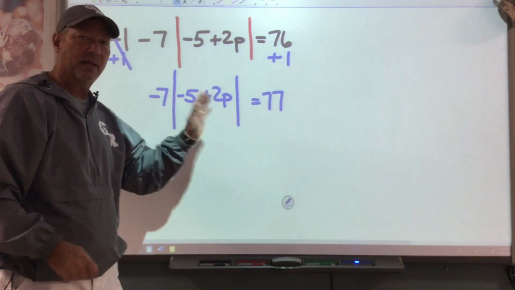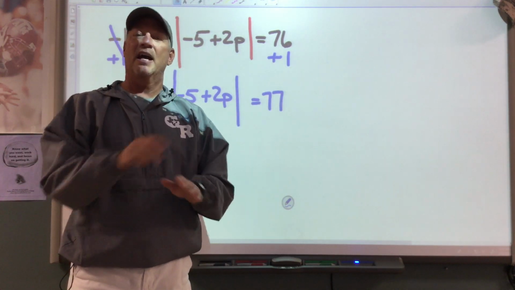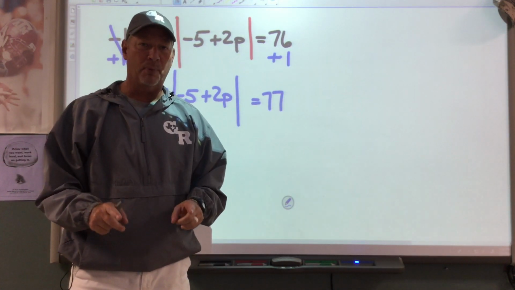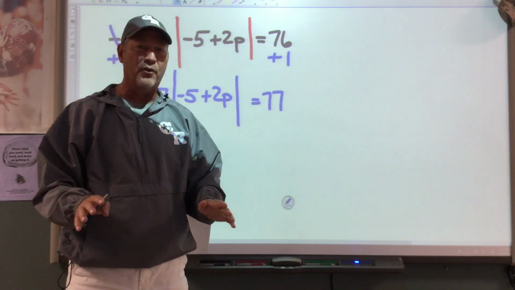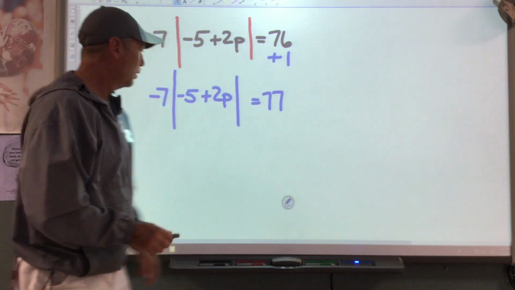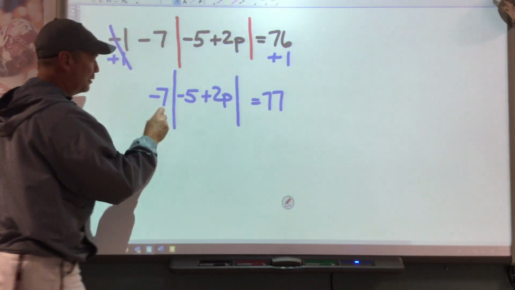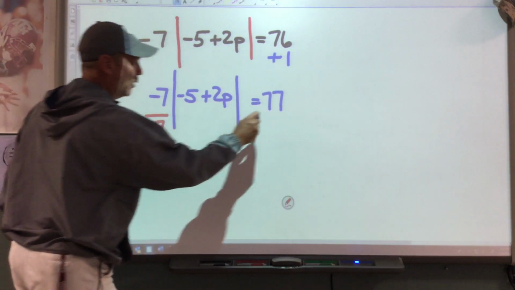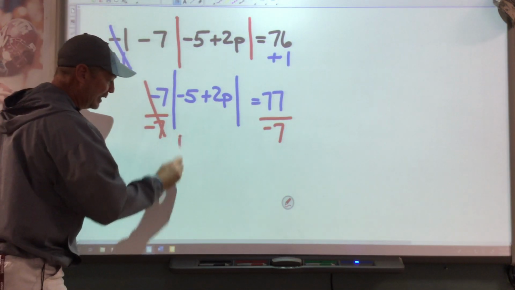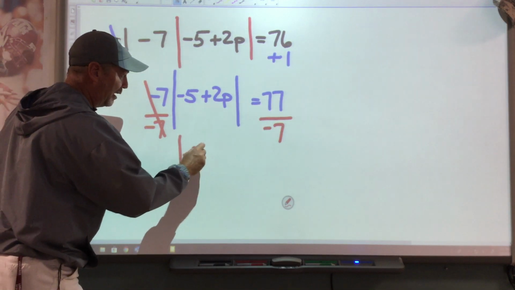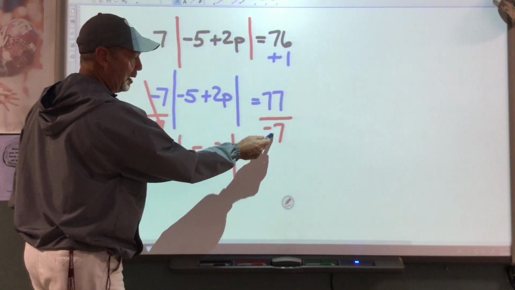Now, even though it's up against the wall and it means multiplication, never, ever, ever do distributive property. This is absolute value. It's not a parentheses. Do not ever do distributive property. But what we are going to do is get rid of this by moving it to the other side. We're going to divide by negative 7. This will cancel. I'm getting the absolute value of negative 5 plus 2p equals 77 divided by negative 7,